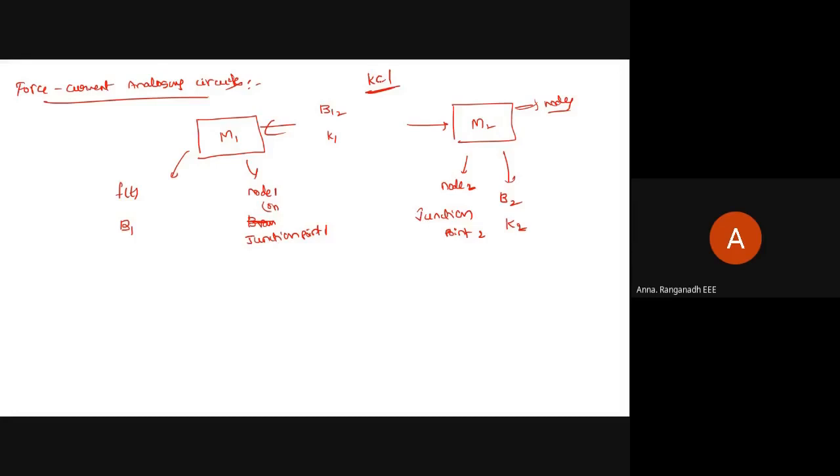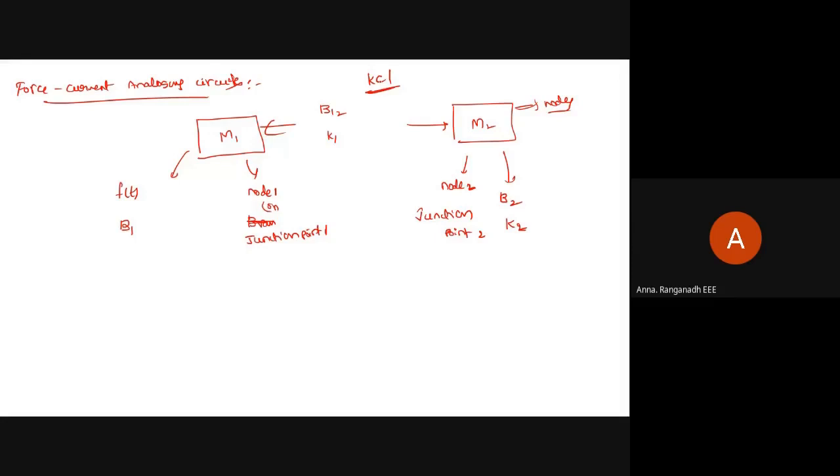So when you look at the different currents in electrical terminology, my question is, at what connection will you get the different currents? Whether it is series connection or parallel connection? Parallel. Yeah, in parallel connection, the voltage will be the same and the currents will be different. So in KCL also, it relates to the different currents, current 1, current 2, current 3, current 4. So all should be parallel elements.